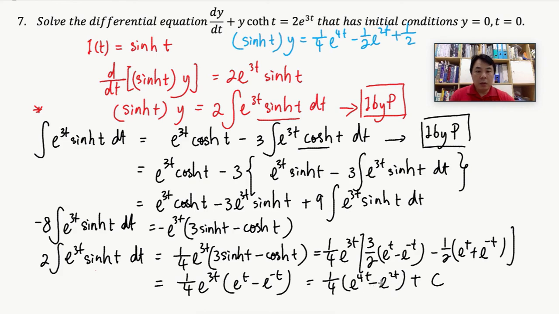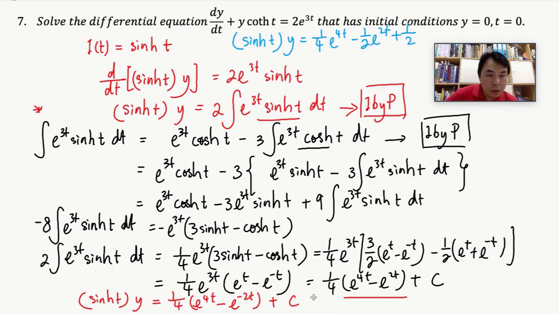If you are good with this, you would notice straight away that this section is the same as this. Therefore, I can conclude that we are able to achieve the same general solution by using integration by parts. Therefore, I can conclude that sin t y is the same as e^4t minus e^(-2t) here